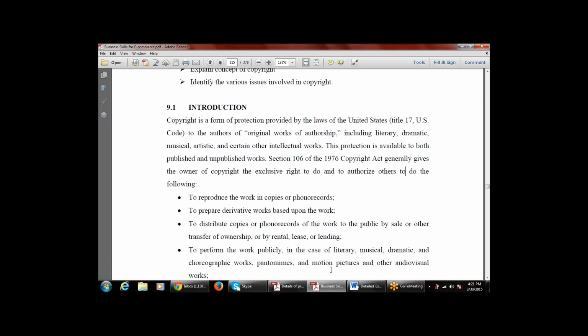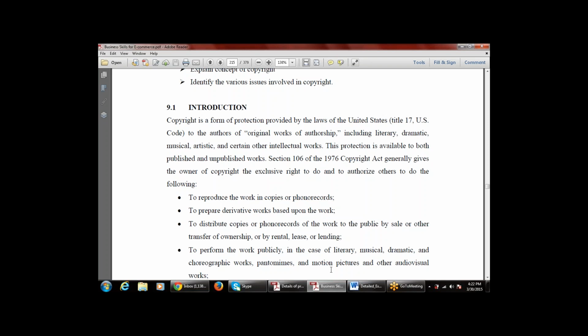To prepare derivative works based upon the work. Then to distribute copies or phonorecords of the work to the public by sale or other transfer of ownership, or by rental, lease or lending. That is transferring or distributing the records to the public by sale, transfer of ownership, rental, lease or lending. And then to perform the work publicly,